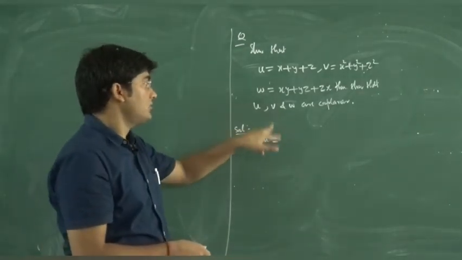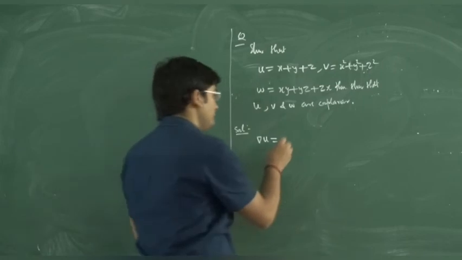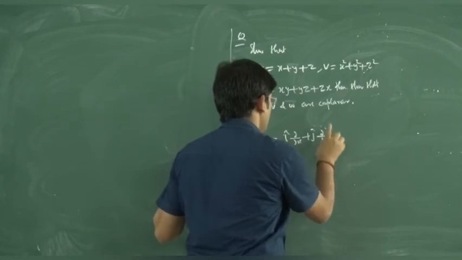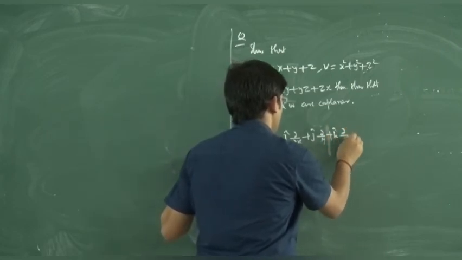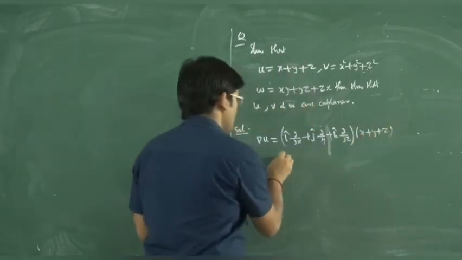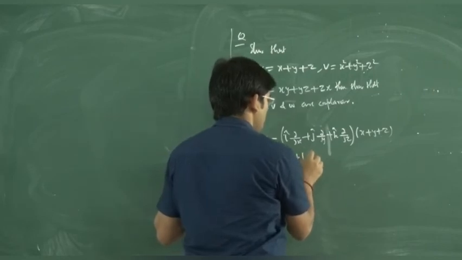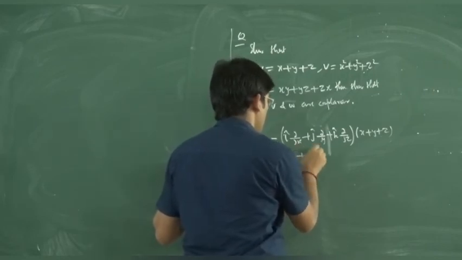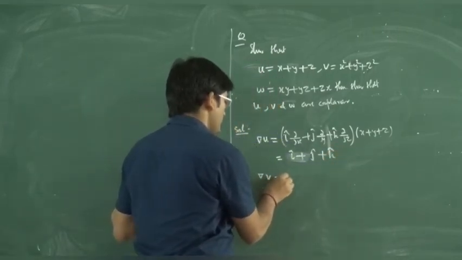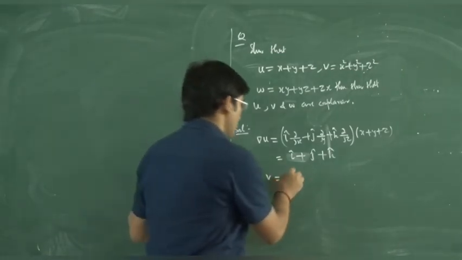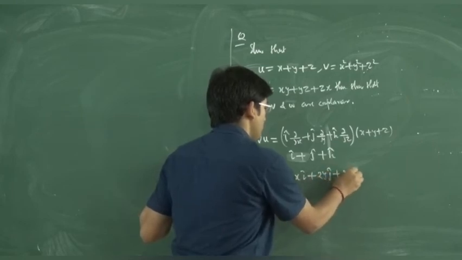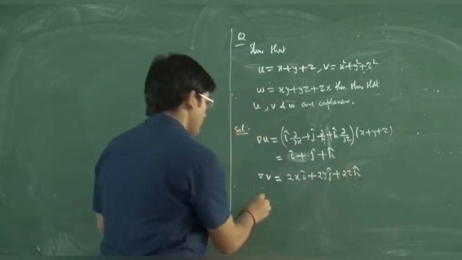So grad u means i del by del x plus j del by del y plus k del by del z of this u, which is x plus y plus z, and this is equal to i plus j plus k. So this is your grad u. Then we have grad v. Similarly, grad v will be 2x i plus 2y j plus 2z k. So this is your grad v. And then our grad w